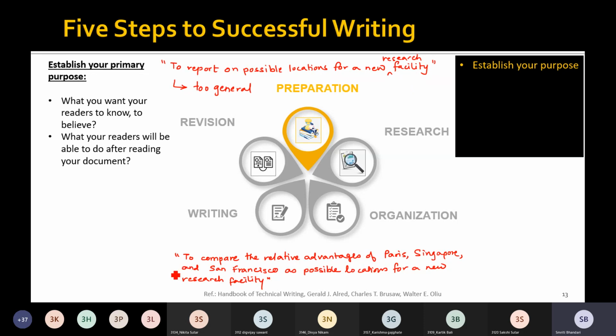In the second statement, we are already mentioning in the purpose statement itself that we have shortlisted 3 cities, and this is the report to compare the relative advantages of these 3 possible locations to establish the new research facility.